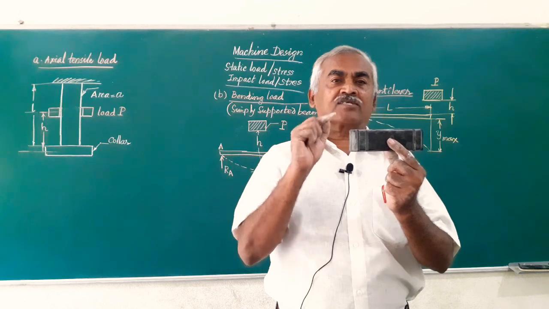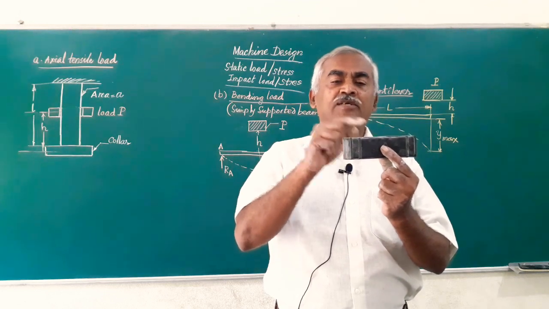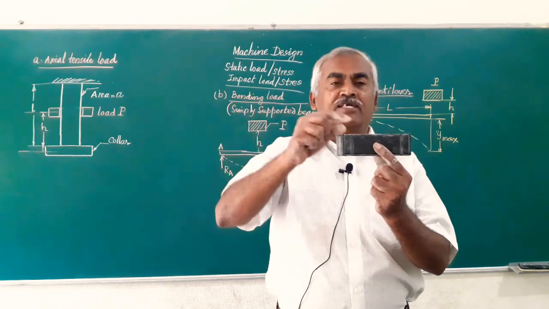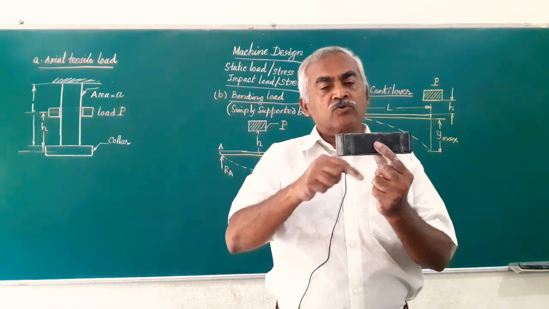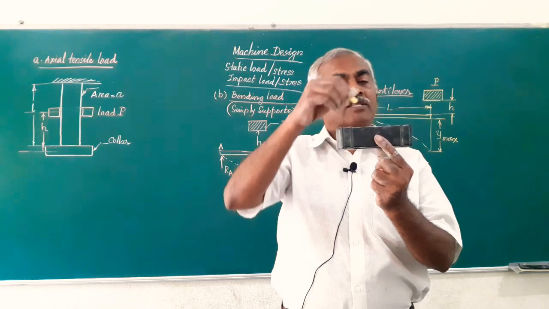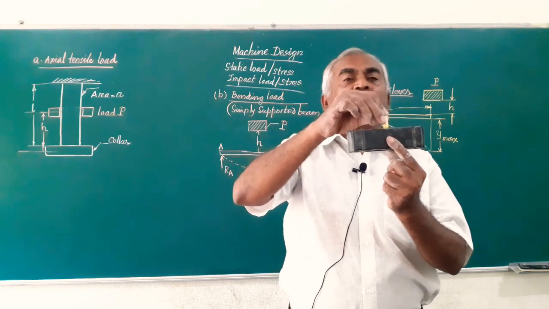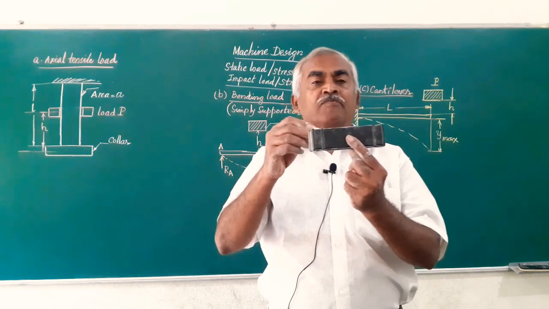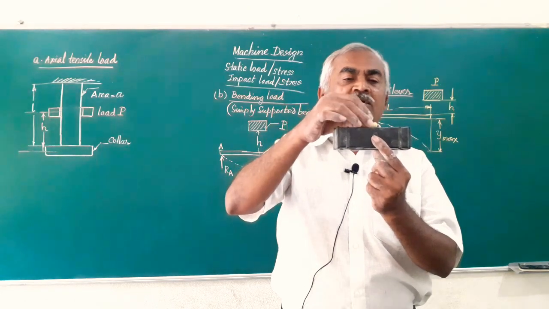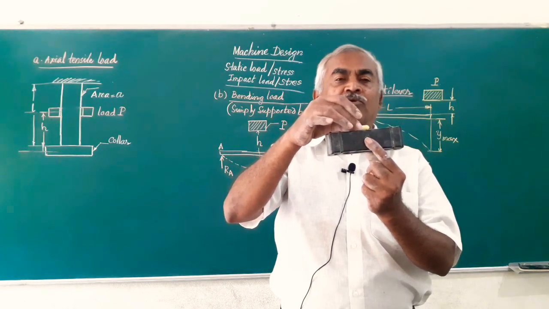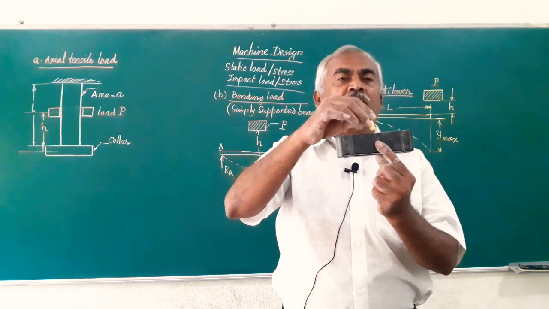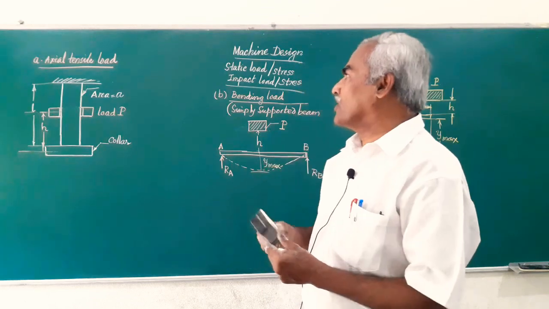So friends, if the same load, instead of keeping the load, you drop it from a height onto the object, again it undergoes a deflection at the point of maximum load, or the point where it touches the member, and the effect of this load will be many times stronger than that caused due to the static load. So an impact load causes impact stress in the member.